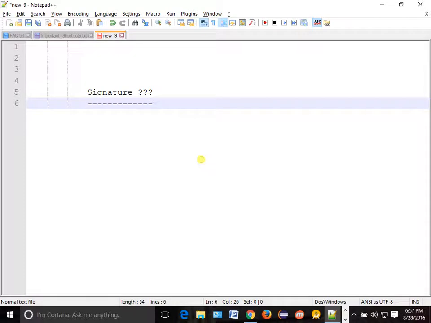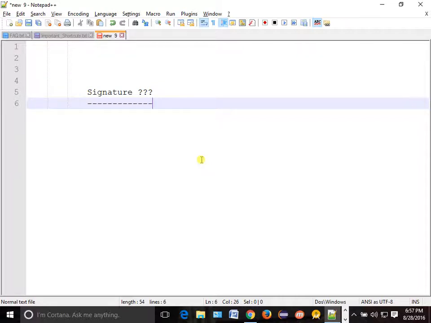Signature means we give some sort of sign somewhere, right? And this sign typically does not change. It changes hardly. Maybe you were in school, then you went to college and changed your signature. That is different, but typically we don't change it. Similarly, the signature of a method hardly changes.